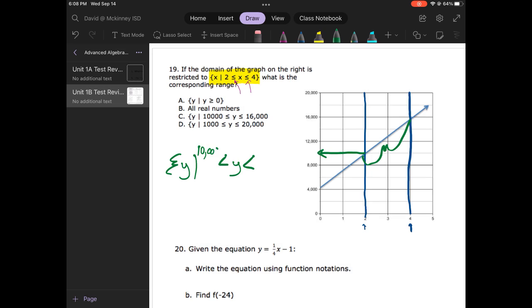Now, some of you are already looking at the answers and you're seeing your answer already. But let's finish the problem out. Let's make sure that we know what we're looking at. The highest possible range value is 16,000. And when I look at that, I see that, okay, my answer choice is going to be C. The set of all y such that